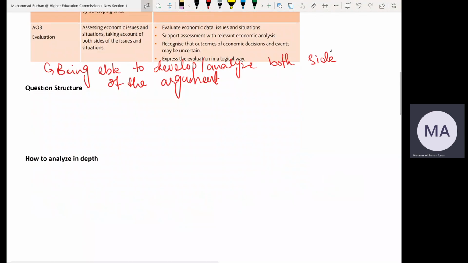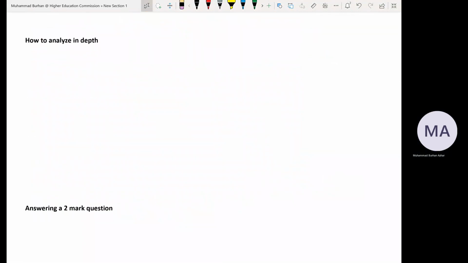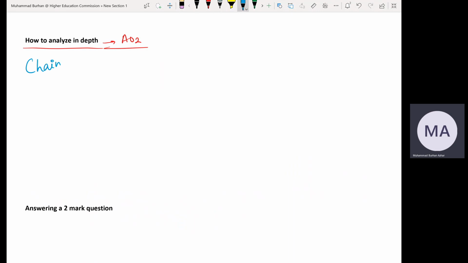We already talked about the question structure. Let's now talk about how to analyze in depth. Remember, जो हमारा second area objective है, which is the analysis, that is a crucial part of our exams. और जब भी हमने लिखना है, we have to develop the analysis. What we usually call is कि हमें एक chain of analysis develop करना होता है, ठीक है? Chain of analysis,